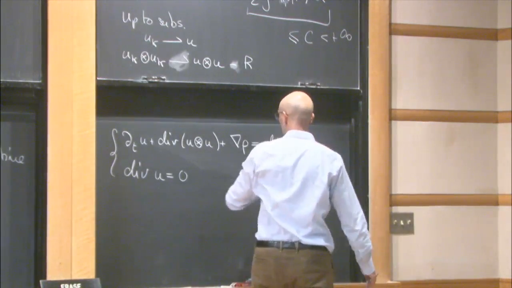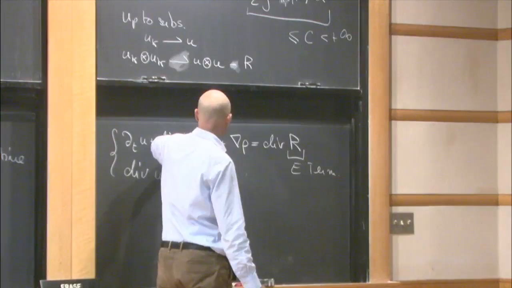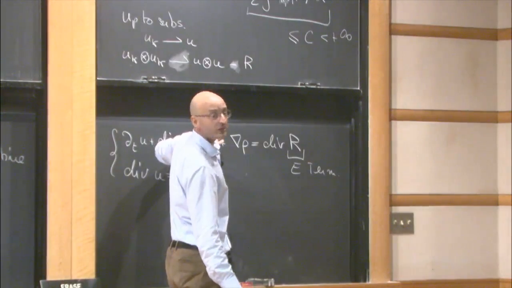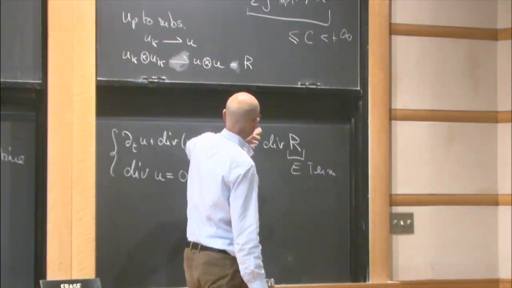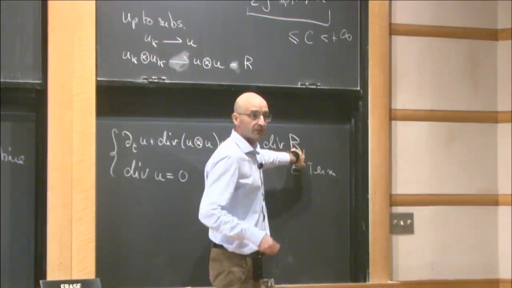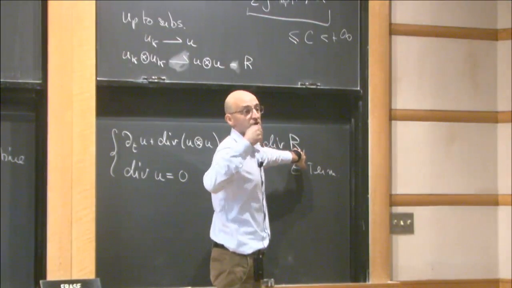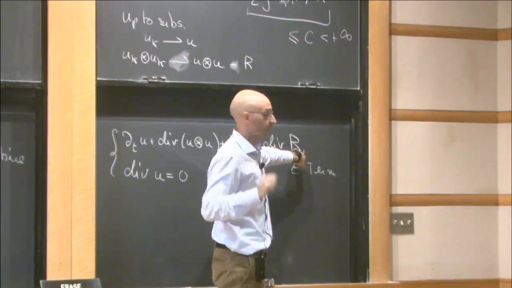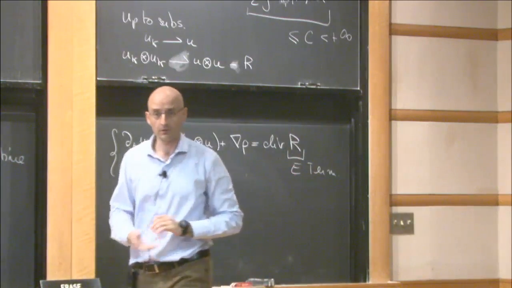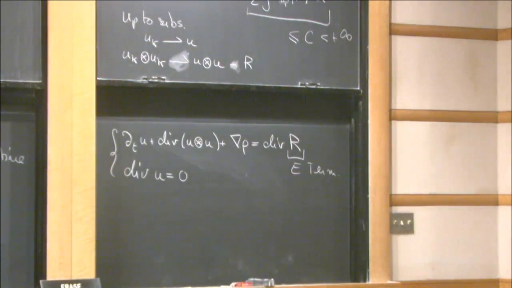I mean, things could go so wrong that, I don't know, U tensor U is, for instance, equal to 0, and then all that is happening is that this R is actually remembering that you come from a weak limit of something which does not have energy, which is going to 0, okay? But you get a bound on R, okay? So let me give you a cartoon picture of another partial differential equation,